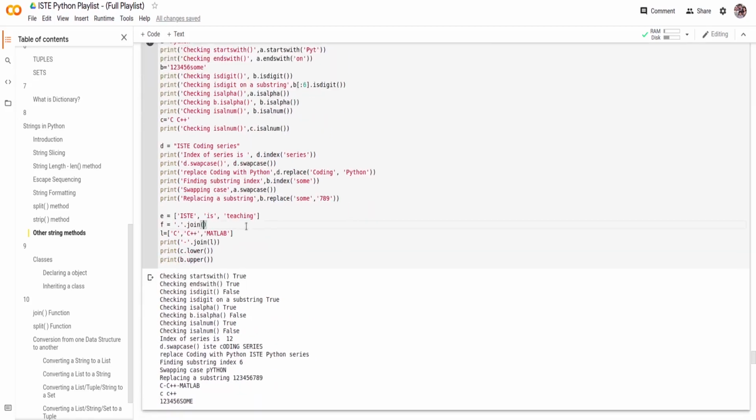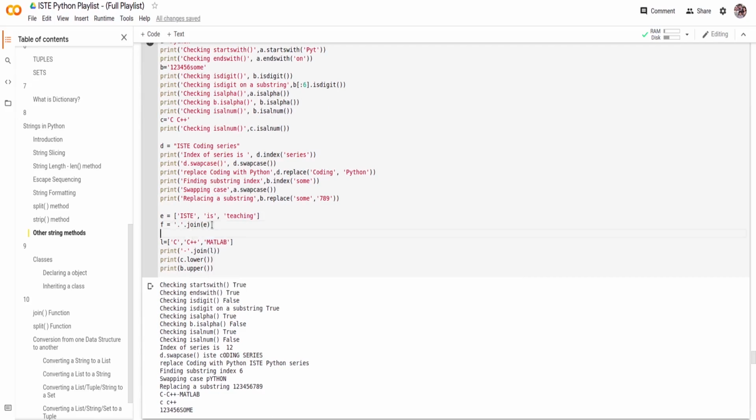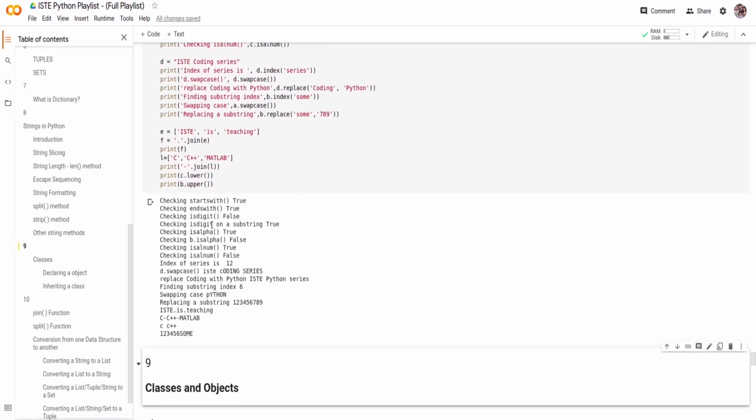This dot is the separator between all the strings, so this is what it will be joining with. If I now print f, you can see that it prints out "ist.is.teaching". So this is what replaces the gap between them. It joins this way.